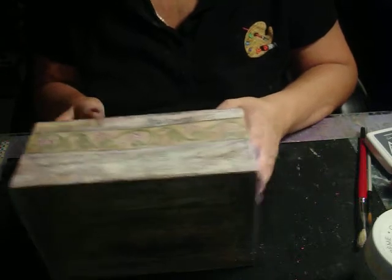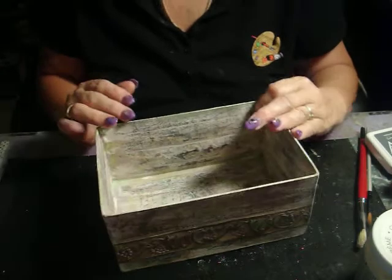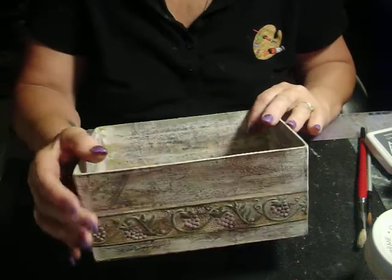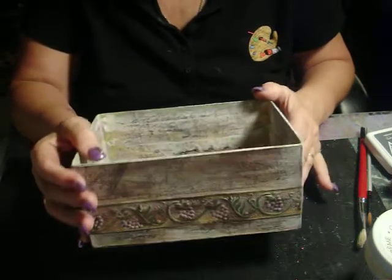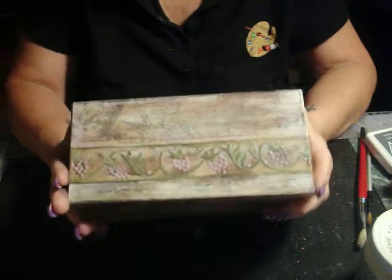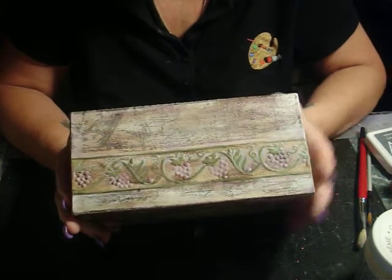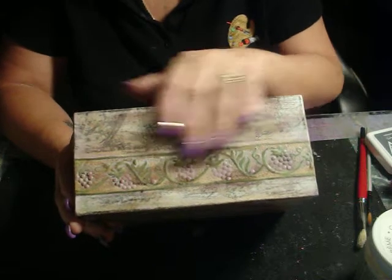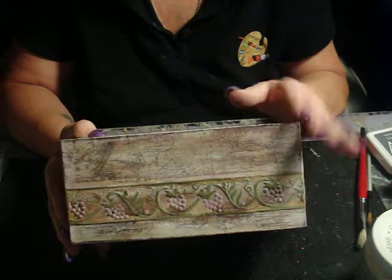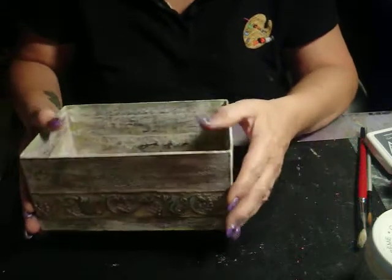Then next came, I wanted some crackle on it. Now the chalky paint comes with a crackle medium, but I didn't want to use it because I didn't want to put another cover over it. And the way the chalky finish crackle medium works is you put down a base color, and then you put the medium, and then you put another color over. But I had all my colors on here that I wanted, so I used